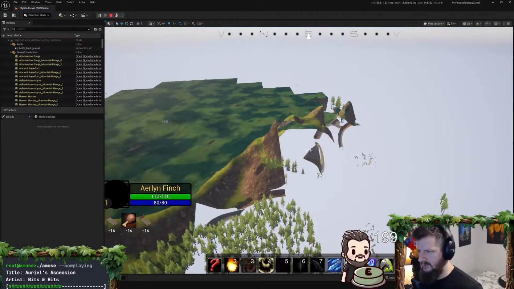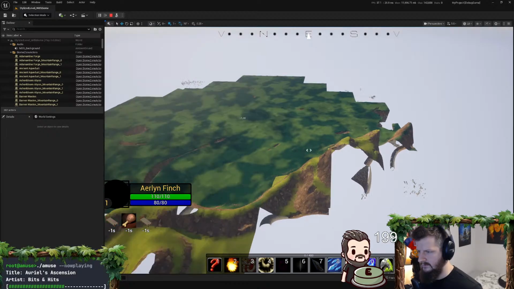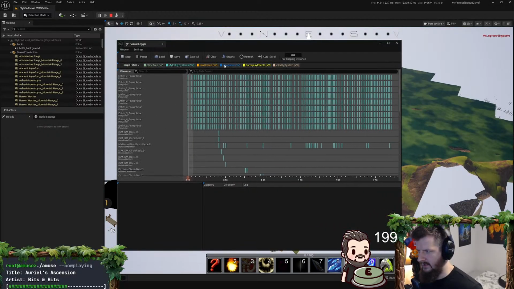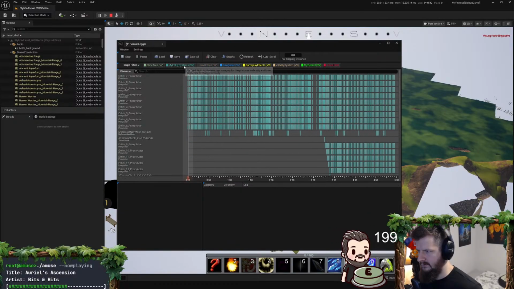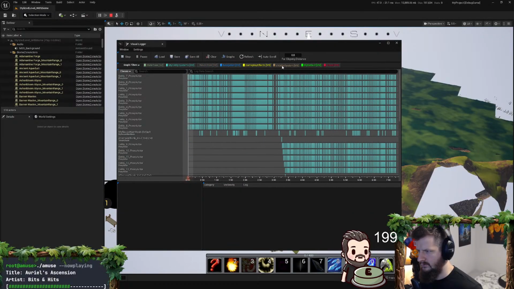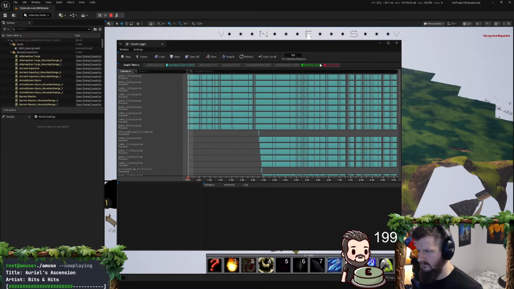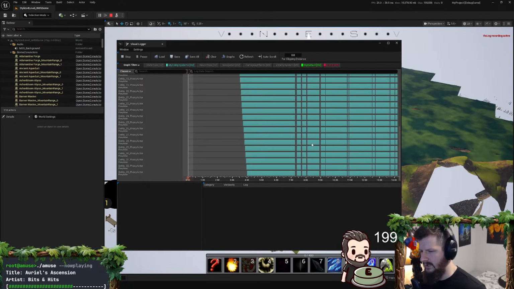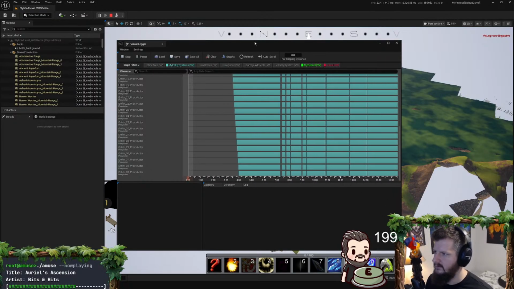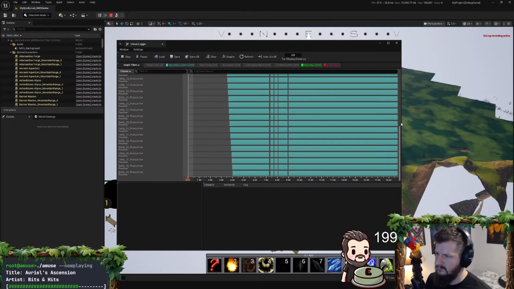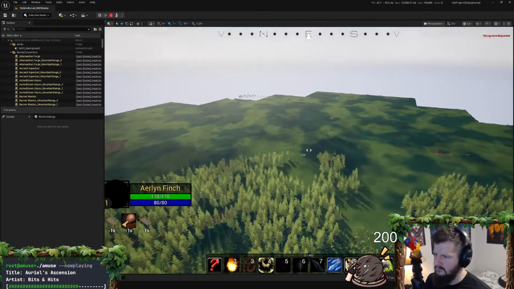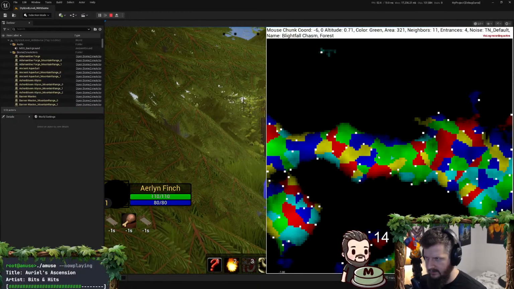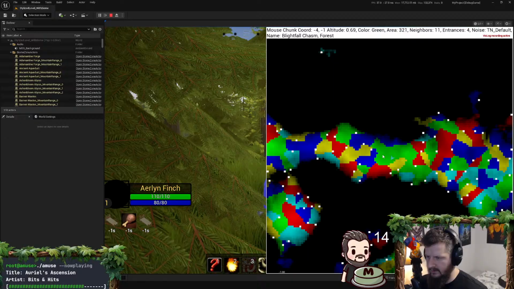So we should have some right here. I don't know if that's enough to actually test this. I would like to spawn right on top of something like that. What's our world look like here? Oh, we're just on a nice little land bridge here.